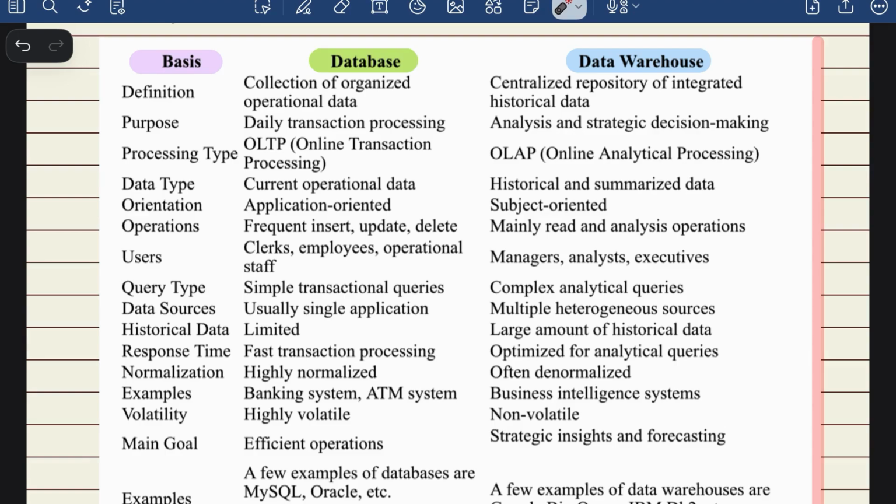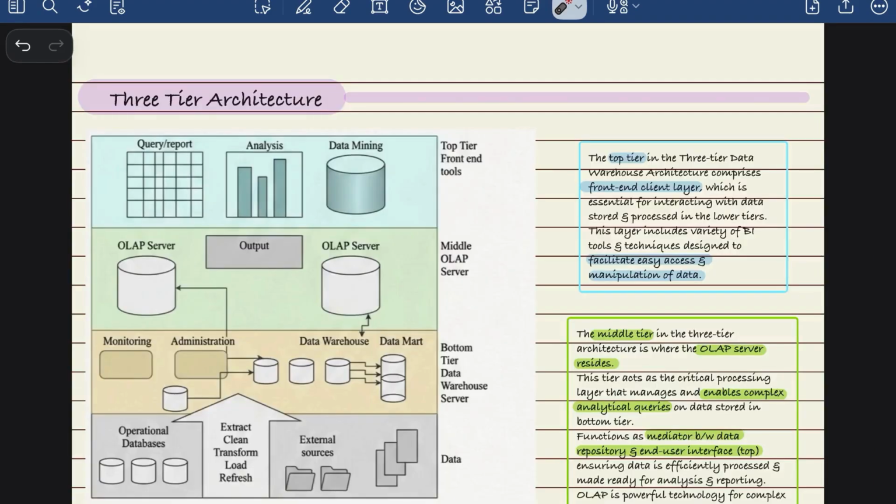Pause this video and just recall it again and revise it in your mind and make sure you understand the concept. Here comes another important topic, that is the three-tier architecture of a data warehouse. Remember I told you about building a three-story club? That is the same. So first of all you see at the base we have the bottom tier. There are three tiers: bottom tier, middle tier and top tier.